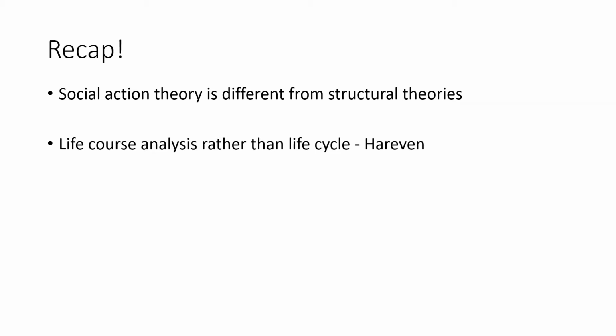And I discussed with you how the life course analysis is a different way of looking at the way that our lives go through stages in comparison to a life cycle, which would have been used more in modern day society. And remember, when I say modern, I'm talking about before the 1980s. The modern era in sociology was from industrialization to the 80s. And that's when everyone would have had the same life cycle, and you can make generalizations and it would be quite predictable in terms of the stages of family life that everyone would go through.